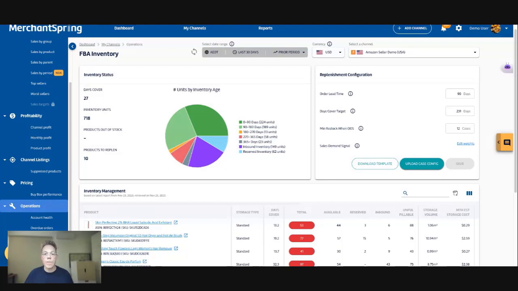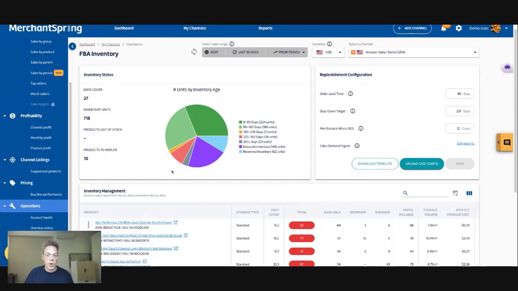This is good information to know because Amazon, depending on the geography, will charge you differently depending on the age of the inventory. You'll also have visibility of inventory in reserve and inventory that is on the way, inbound, that might still be on the truck coming to Amazon, or Amazon is in the process of receiving and processing that inventory. We'll also tell you up here how many products are currently out of stock. Here, as you can see in this demo environment, I have 0 out of stock, and how many products we recommend for you to replenish.